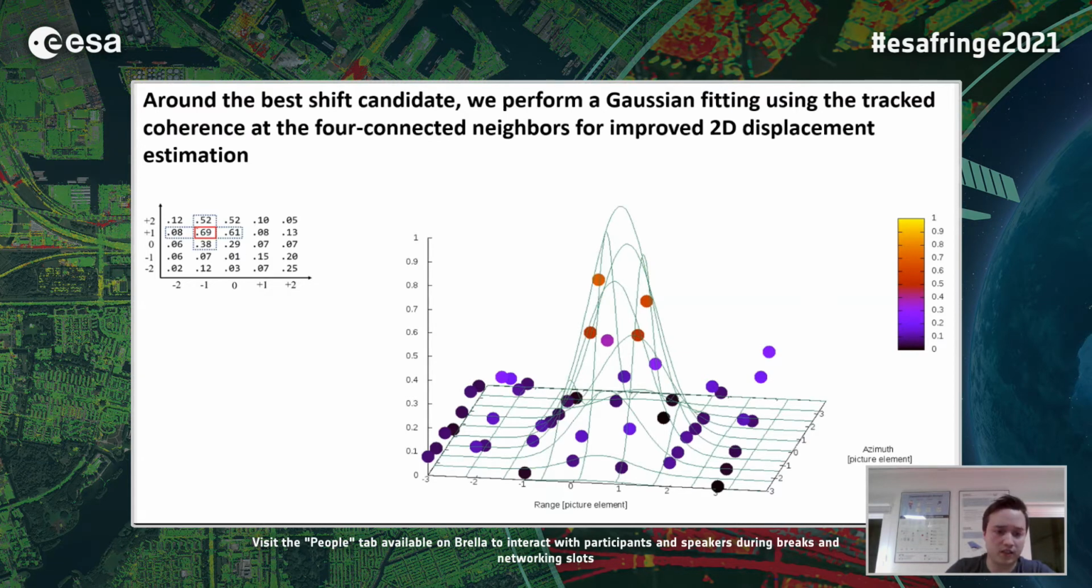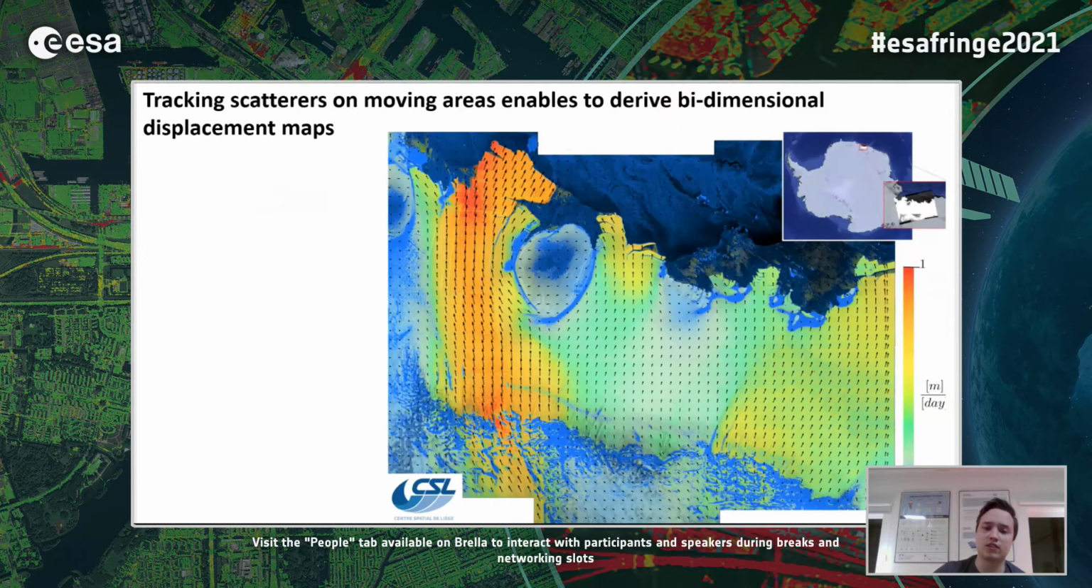So you take the best candidate, you take the neighbors, and then you can fit a 2D shift with the maximum representing the subpixel estimation of the bidimensional displacement. And when you do that for every possible position in the image, you have these kinds of figures where you have for each pixel a rough estimation of the bidimensional displacement field, which already contains a lot of information, like